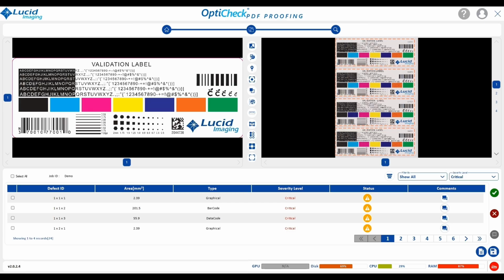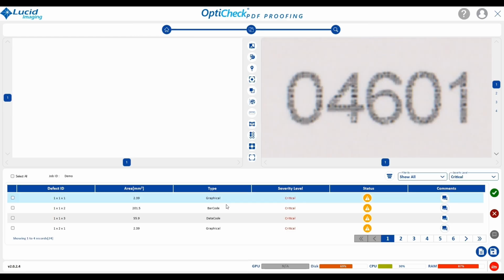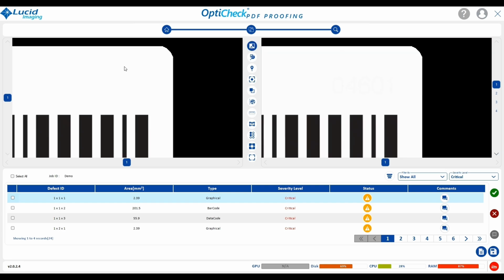Following that, when we click on any one of the ups in the sample file, the first defect in that particular up will be selected automatically in the defect table, and the same defect image will be displayed here. Now, moving on to the toggle view button. By enabling it, the difference between the master and sample file will be shown in toggle mode.